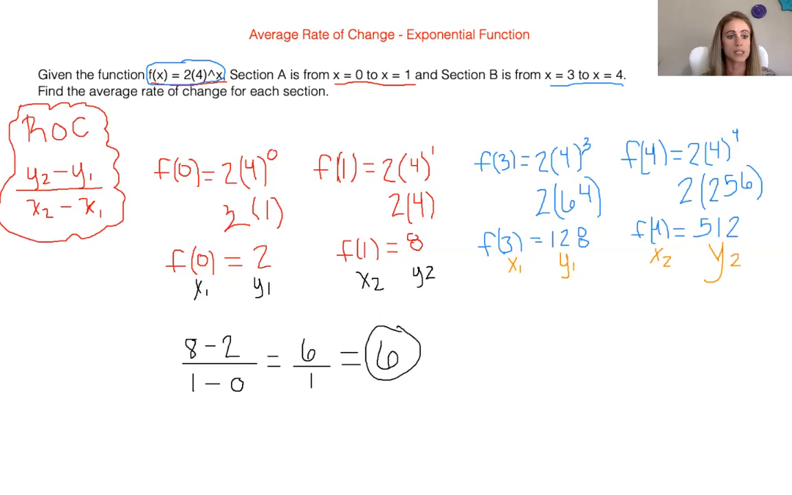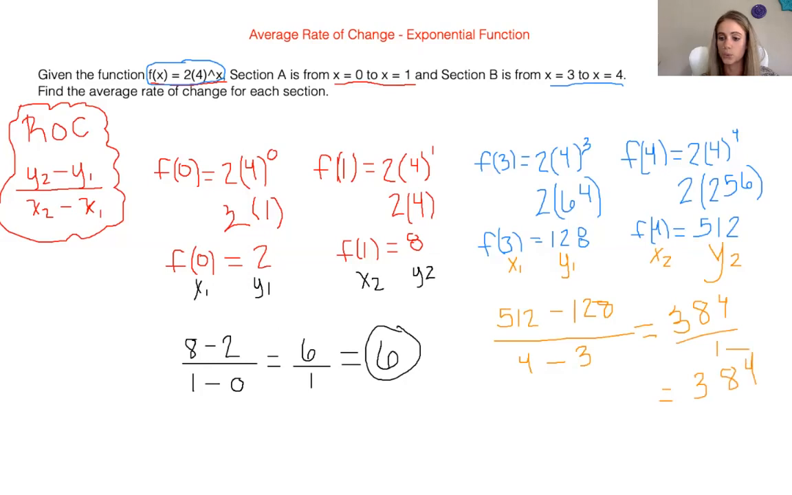So let's substitute these into our handy dandy formula. y2 is 512 minus our y1, which is 128, all divided by x2 minus x1. So 4 minus 3. Once again, we need to simplify our numerator and denominator first. So 512 minus 128 is 384, all divided by 1, which is